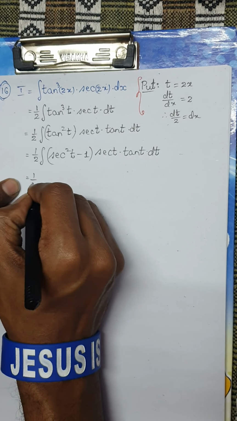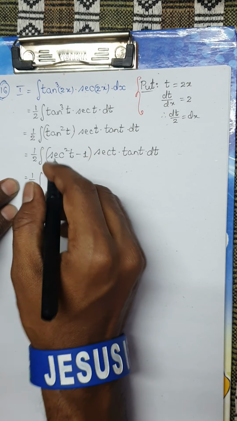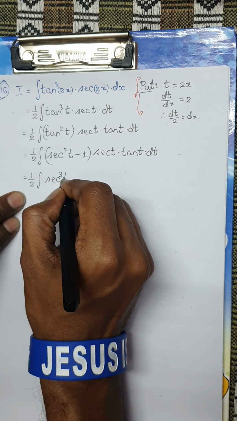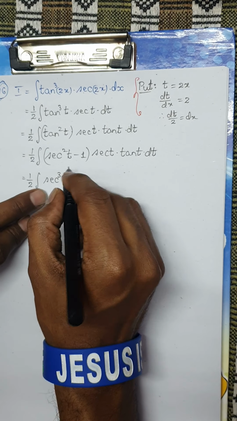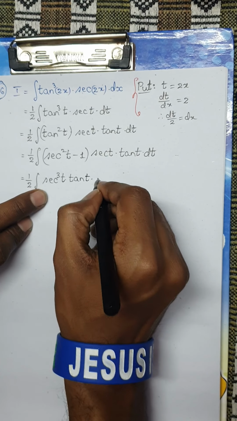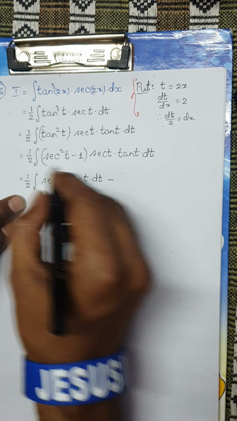This is nothing but half remains outside, integral of, if I multiply this secant square into secant, I would get secant cube t into tan t dt minus,